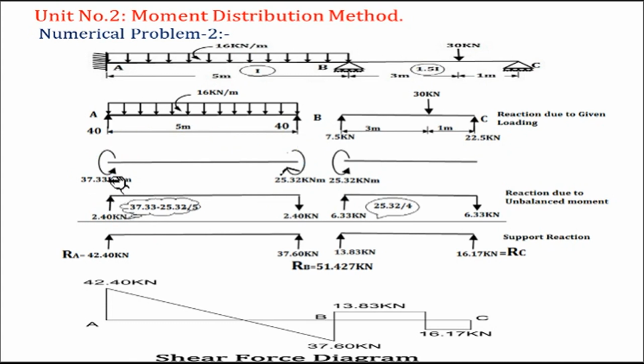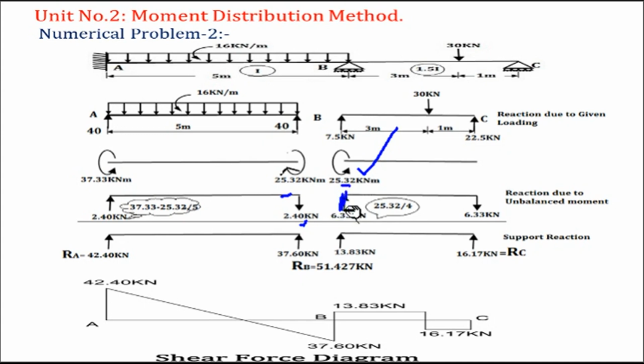These two things you have to remember. Once it is shown up, then at the far end, the same magnitude of force you show in a downward direction. So this forms a couple, and this couple will get added to 25.32 kilonewton meter, so it will balance 37.33 kilonewton meter. Now the next one, end moment is 25.32 kilonewton meter divided by span. Span is 4. So you have a value of 6.33 kilonewton. So show a vertical line below the maximum moment.